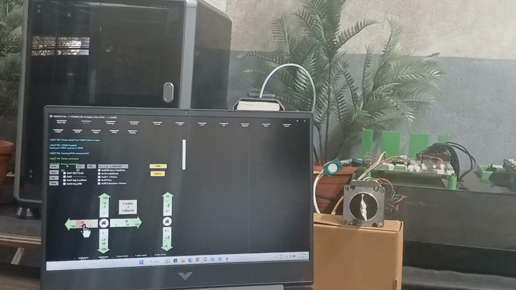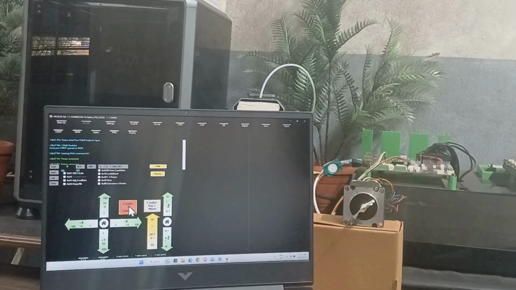If I give medium scale, then I get one whole rotation. If I give full movement, that is 100, then I can see multiple rotations in the motor itself. Similarly, we can use this for the Y and Z calibration axes. Right now we have connected only the X axis, so this rotation is for the X axis only.